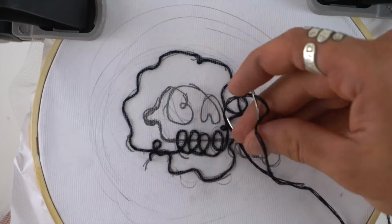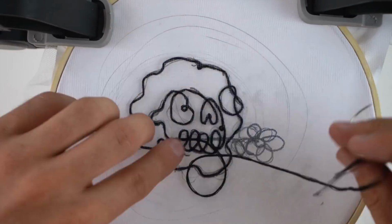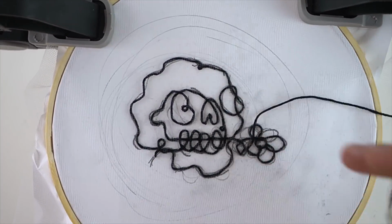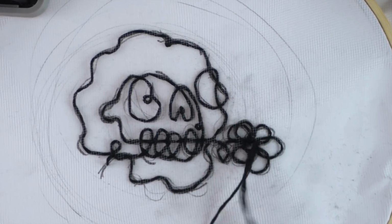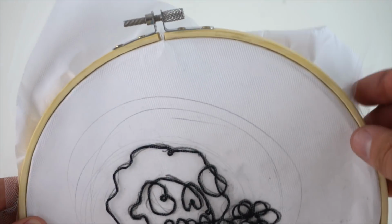And as you see, I'm going over and under the tool, but I'm actually not even piercing the paper. That will make it easier to separate the paper and the tool later on. So I did my last little stitch, go through the paper, then I start to loosen up the hoop and separate it,